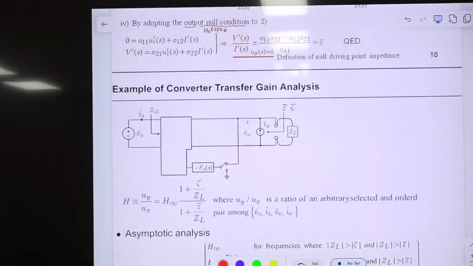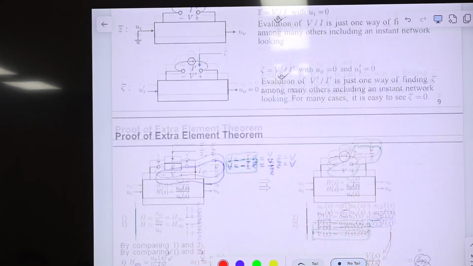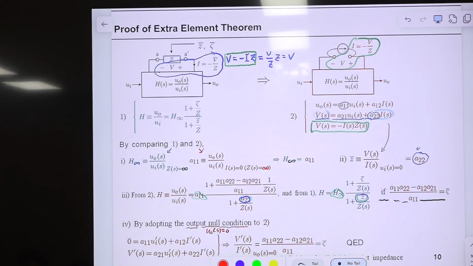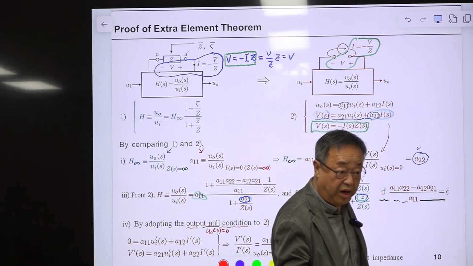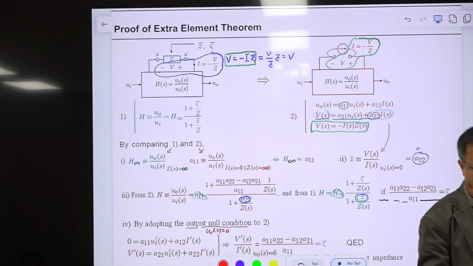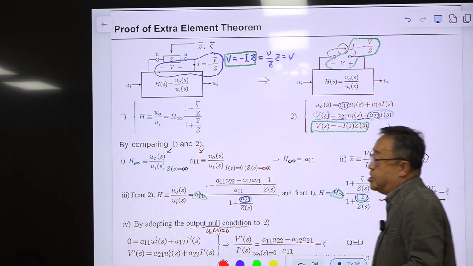Okay. So this is topic 13, and this was lecture 1, the introductory lecture for the ET applied to the uncoupled converter, or ET applied to the coupled converter. Actually, we start with the uncoupled converter, and we use the result of the ET to obtain the dynamics of the coupled converter. Okay, so I think I went through the basic idea about this approach.